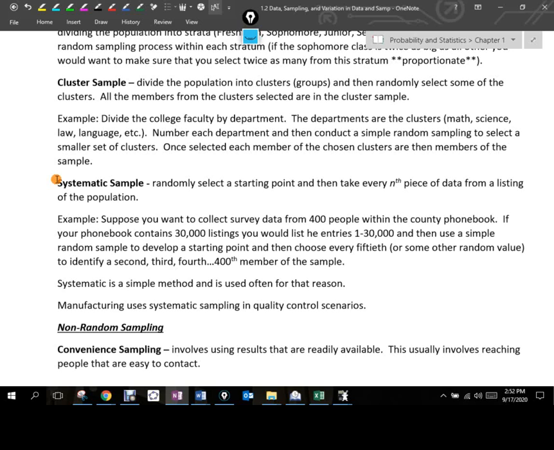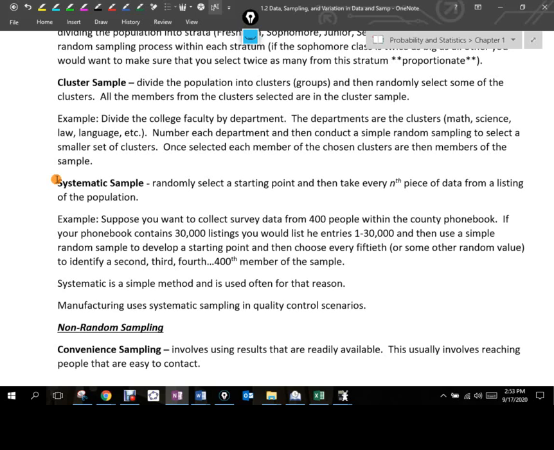You see how that's pretty random? I count 200 people, call the next person. Count another 200 people, call that person. And I keep doing that all the way through the phone book and then all the way back to the beginning and keep going until I reach the number of people that I want in my sample. Okay? Manufacturing does that. P&G, they're not going to take every single jug of detergent and measure it. They're going to take every 30th or every 40th jug and measure it. Does that make sense? So collectively, they're systematically finding a sample of their product and determining variances and such in those products. Okay?